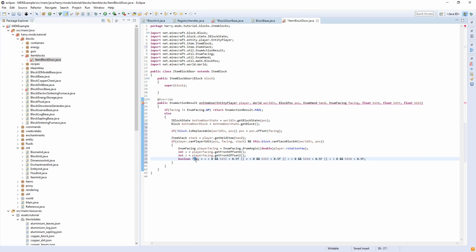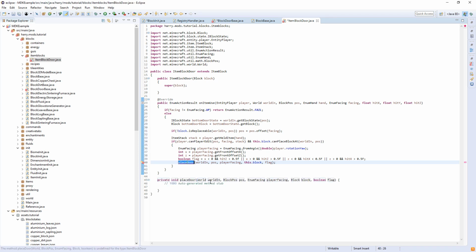A flag is basically just a long list of checks that it has to pass one of them in order to run something, which in this case is going to be the placeStore function. So call the function placeStore world in pos player facing this.block flag. So now we're going to go and create this placeStore function, hover over it and click create method, make it